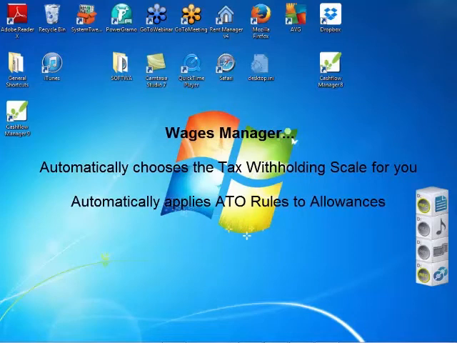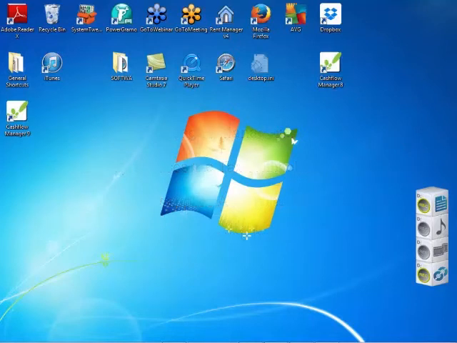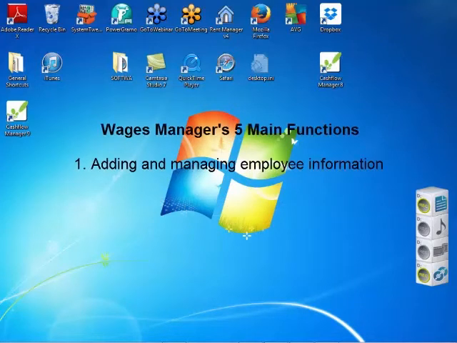Another example is that Wages Manager automatically applies the tax office rules about allowances to ensure that they are reported correctly on PAYG summaries, that the correct amount of tax is withheld and the correct amount of employer superannuation is calculated. There is even a report based on ordinary time earnings that could save hours of time in the event of a superannuation guarantee audit. Wages Manager has 5 primary functions: adding and managing employee information,